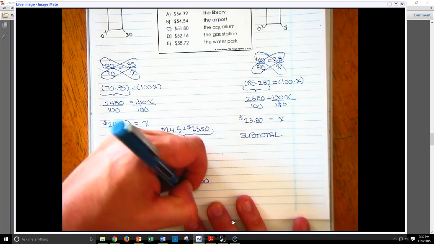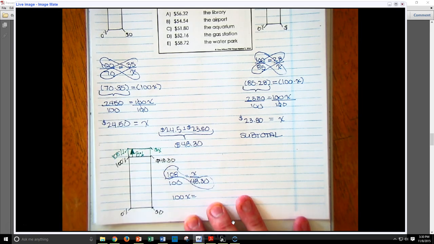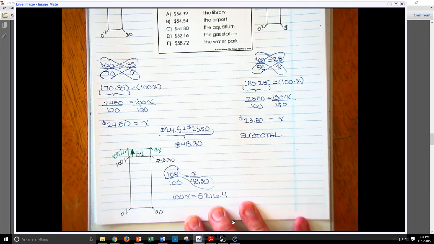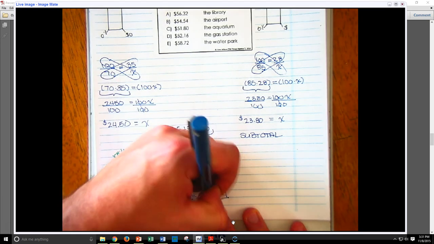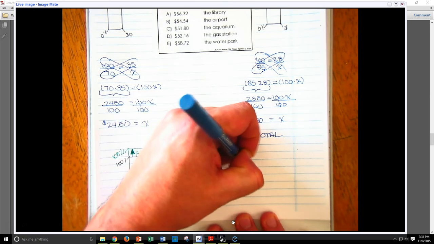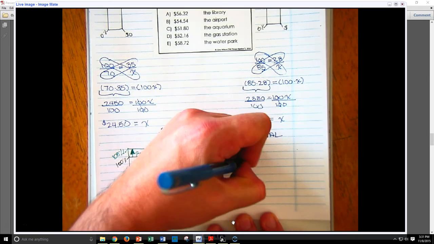Let's go ahead and cross multiply. 100x equals, and I'm going to multiply this part for you already, the 108 times 48.3, and that is 5,216.4. We're going to divide both sides by 100, and we get 1x. So I'll bring my work over here to the right hand side. A single x. Remember, because I'm dividing by 100, my decimal moves twice to the left. 1, 2,